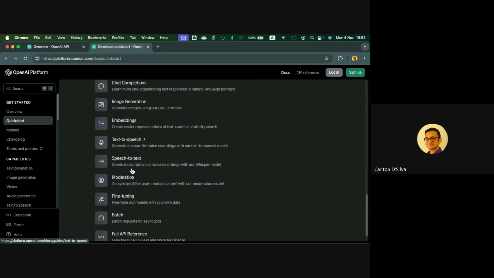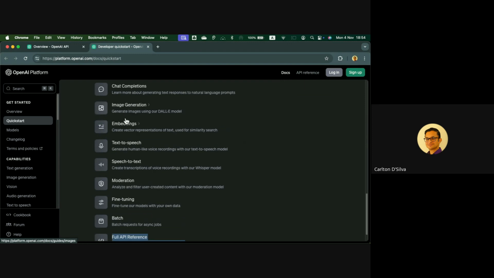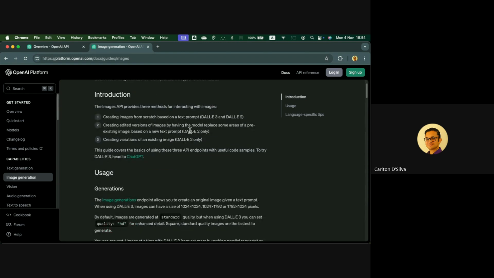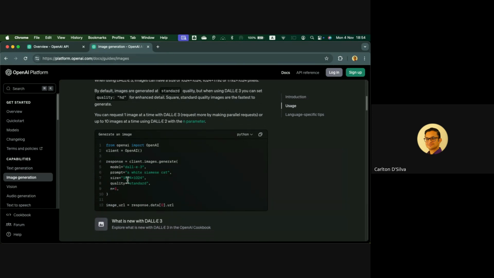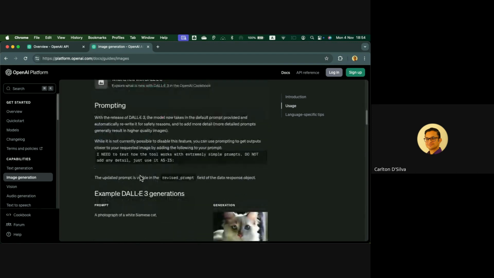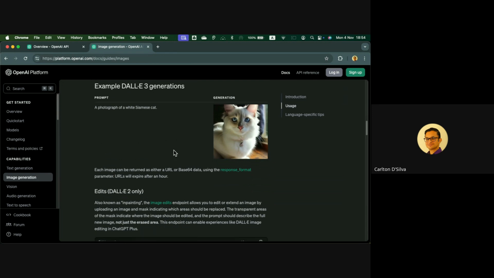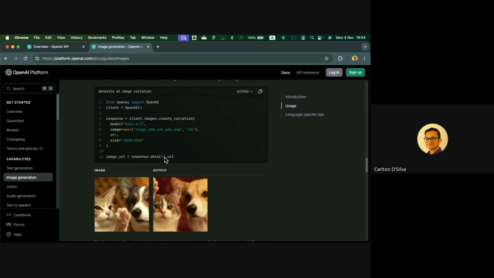So we were doing function calling, right? Maybe you have to use the full API reference for that. For example, if you wanted to do image generation, it uses the DALL-E model, and then it tells you, okay, this is how you construct it, this is how you send the information to it, and then how you prompt it, and then it creates stuff for you. So you'd have to look at the documentation for function calling.